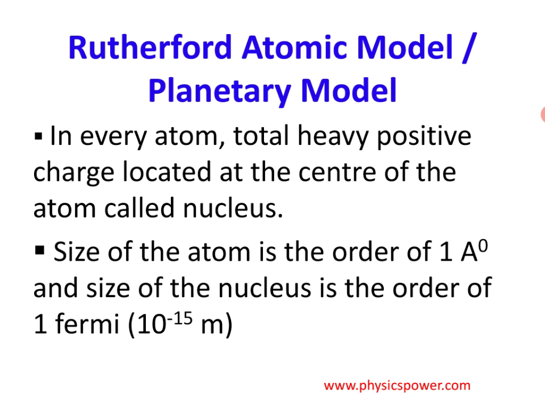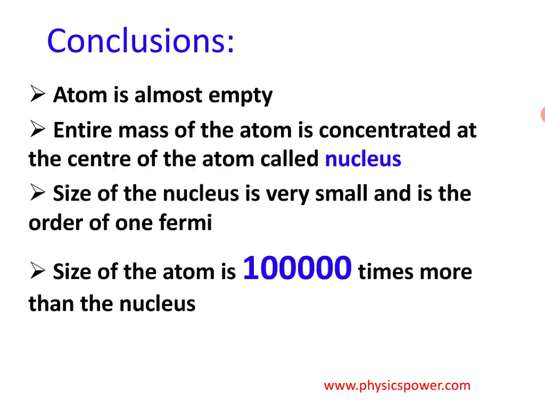Before going to the complete details about the Rutherford atomic model, just one small recap of the Rutherford alpha scattering experiment. He did an experiment by taking alpha particles and projecting them on gold foil. He gave some conclusions. Let us see the conclusions once. So those are: